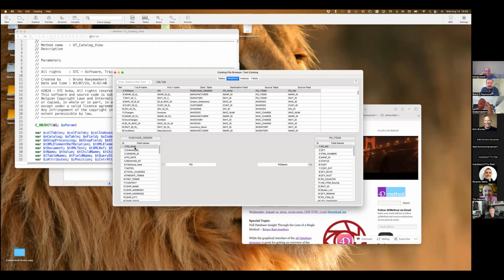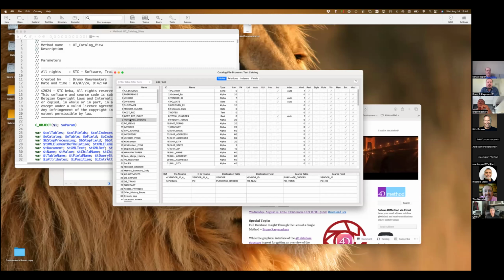So basically, this is a header file of purchase orders and a detail file of purchase orders, right? Where you can see which fields are the related fields, what the one relation and the n relation, and the name of the relations, in case you already renamed them to be useful in order. From here on, you can walk through the relation if you want to. You can go from PO items to purchase orders.